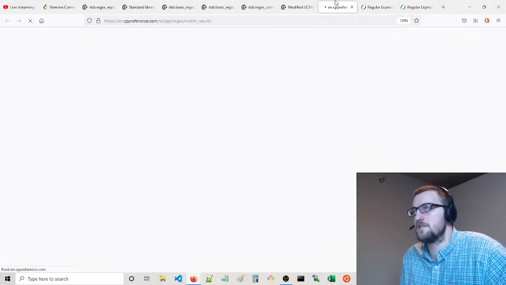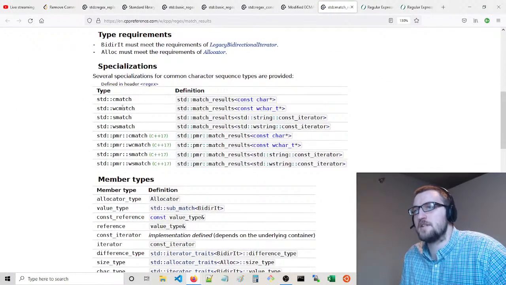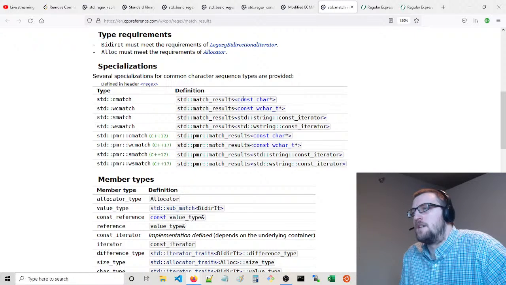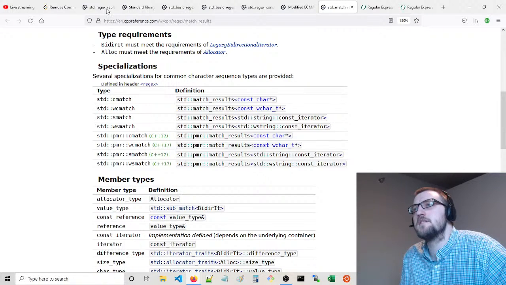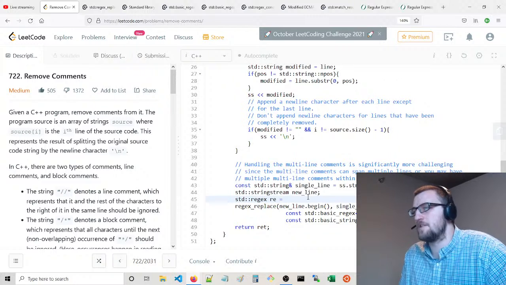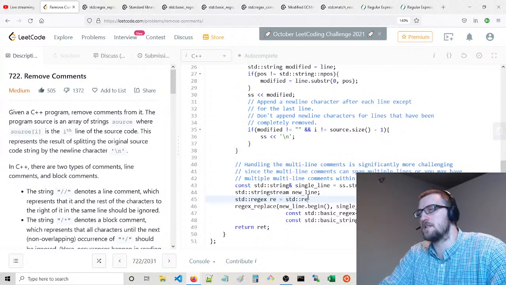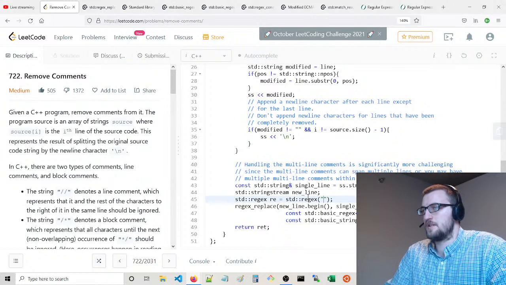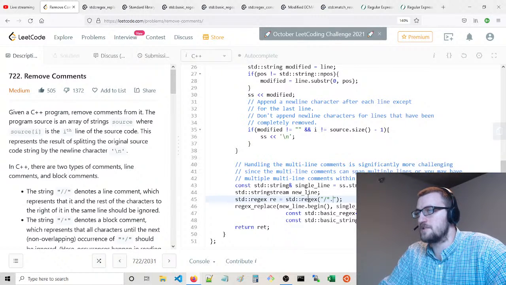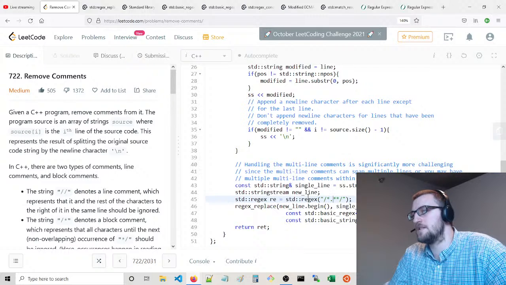smatch is a string match, match results for strings. Okay, interesting. All right. Really, I think it's literally just standard regex of a string, and this regex is basically what we're after. So we need to escape this character, and escape this character.